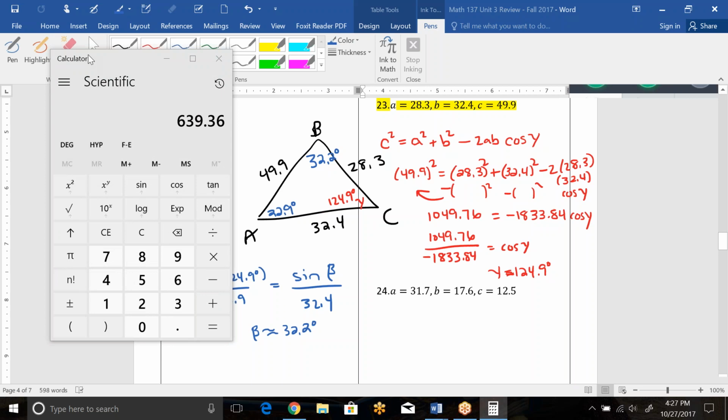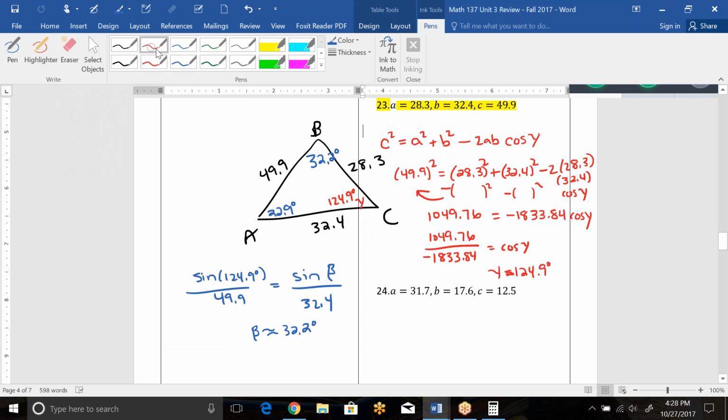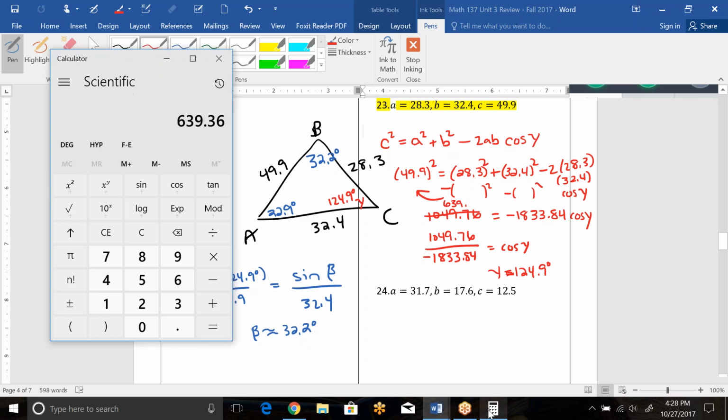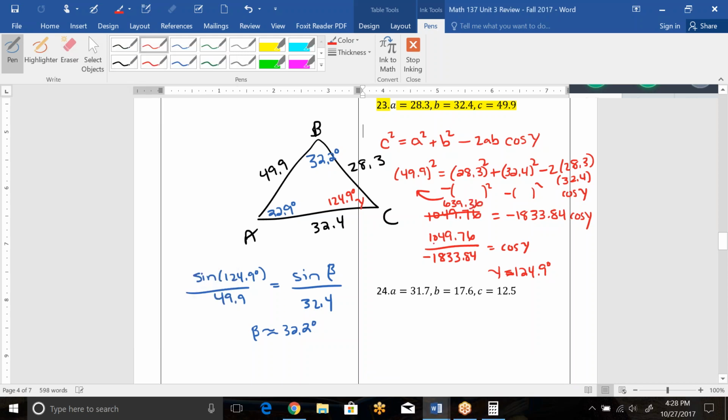Sorry, I looked at the answer key, and I don't think I fully subtracted when I was moving things over, so let's go back. It'll be an easy fix, but just something you have to be careful about when you're doing your calculator pushing, because I did not hit enter after I subtracted all of those squared parts. So it's actually 639.36. Okay, so let's fix this. So this part right here was 639.36,